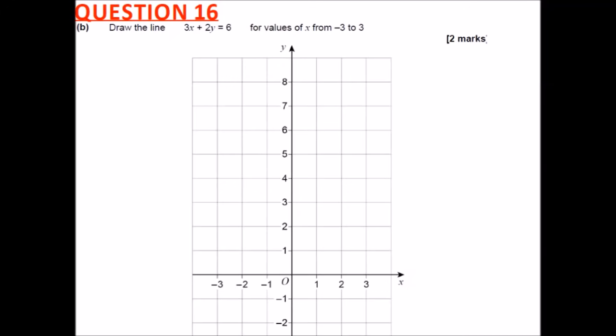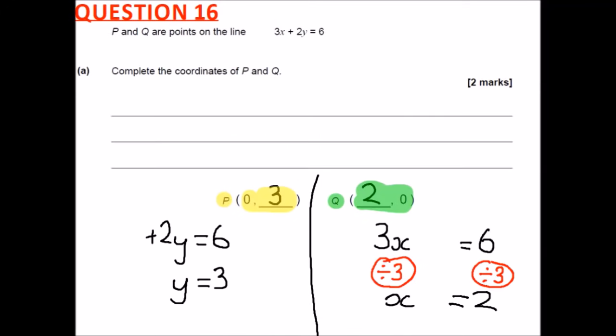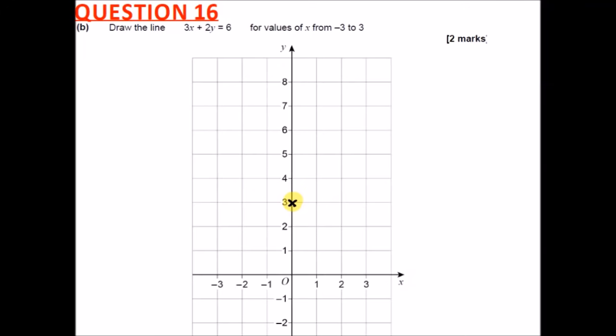So point P is this point on the line here, which I'm just going to mark in with a cross. And point Q is 2, 0. That means when x is 2, y is 0. So I'm going to go 2 along and nothing up, which will just be there. And so if I put this as a cross,